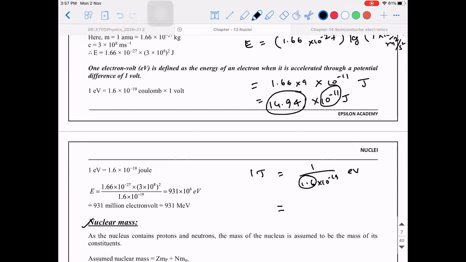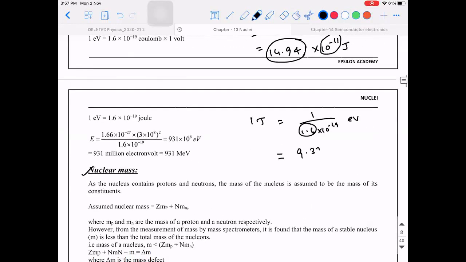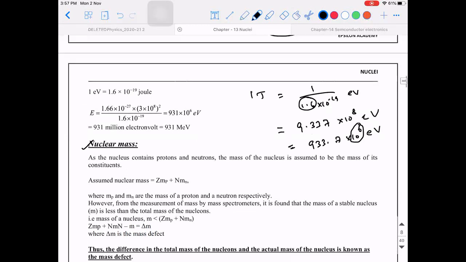9.337 into 10 power 8, right? So can I write this as 933.7 into 10 power 6 electron volt? Right? So this 10 power 6 is nothing but 1 million. 1 million is 10 lakhs. Right? So it is